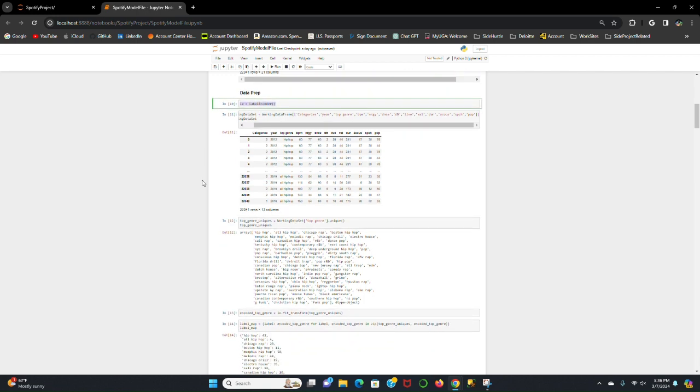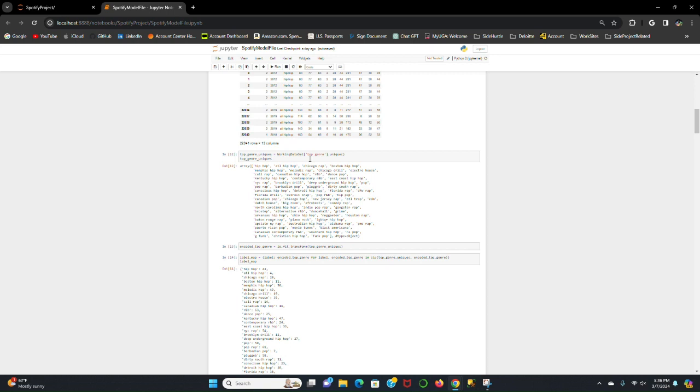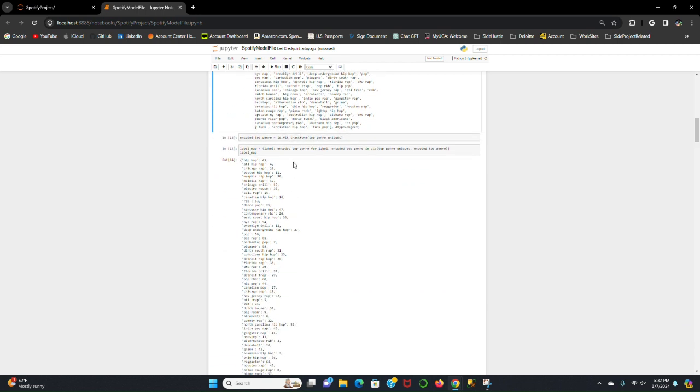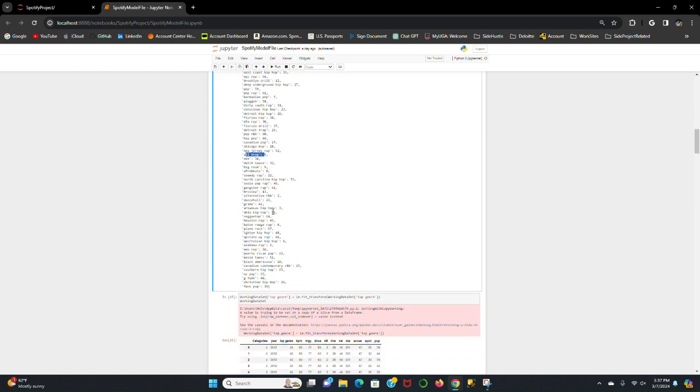So that's what this label encoder comes in for. This label encoder goes in and essentially assigns each of these genres, so hip hop, ATL hip hop, Chicago rap, Boston hip hop, a number. It's a 1-to-1 mapping, so each genre gets a number. As you can see down here, hip hop in the data frame is now 43. Atlanta hip hop is 4. Chicago rap is 20. New Jersey rap is 52. ATL trap is 5. So each genre has a different number, and that is needed for most models because most models take in